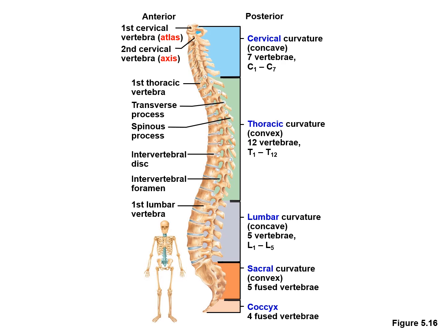This figure shows you both the primary and secondary curvatures as seen in an adult human vertebral column. You see in the cervical and the lumbar region, the vertebral column convexes anteriorly, while in the thoracic and the sacral region, the vertebral column convexes posteriorly. So an adult human being would have an S-shaped curvature.